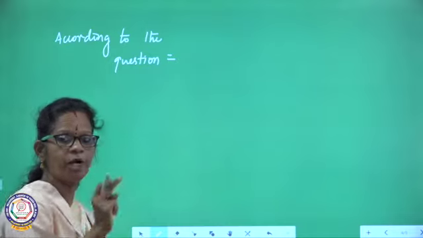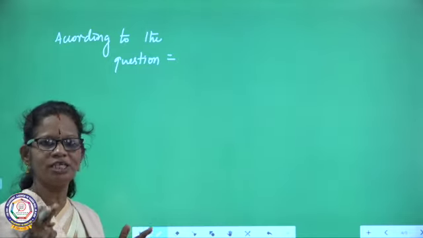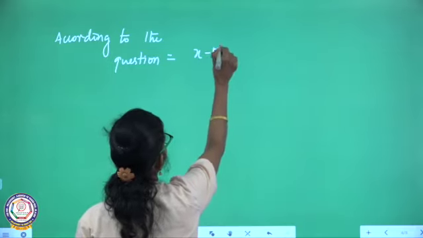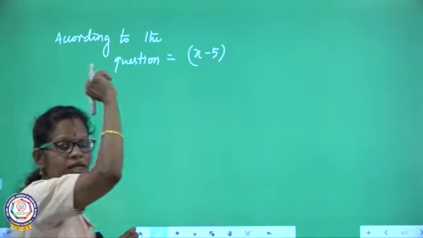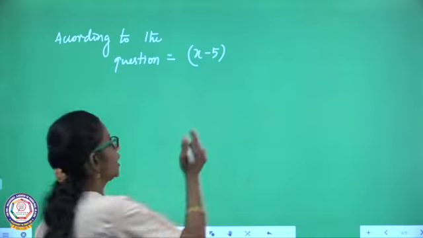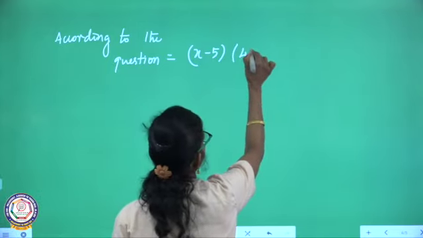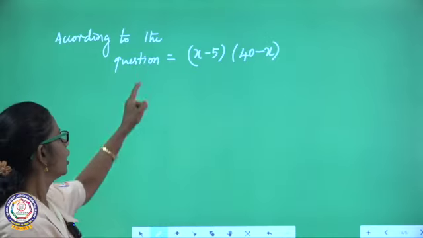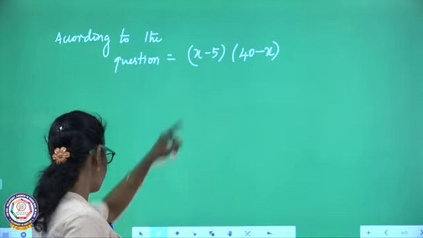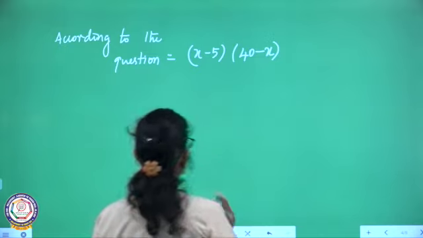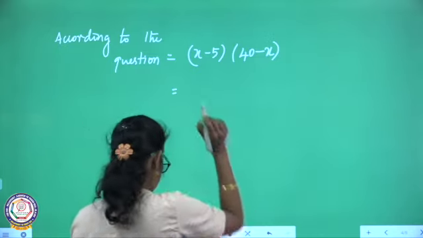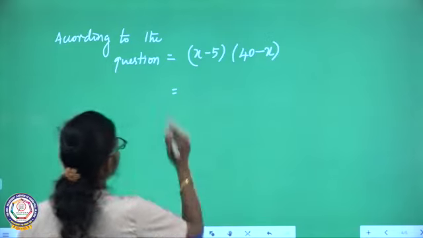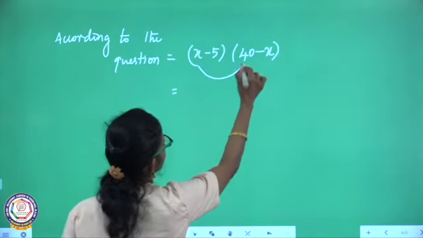John is having how many marbles? X minus 5, right? How much is Jivanti having? We got, yeah, 40 minus X. In the question, what did they give? Product, right? X minus 5 into 45 minus X, which is equal to, first you have to multiply and see,